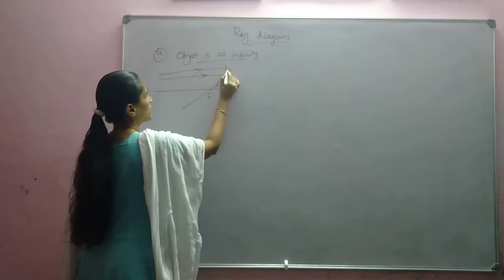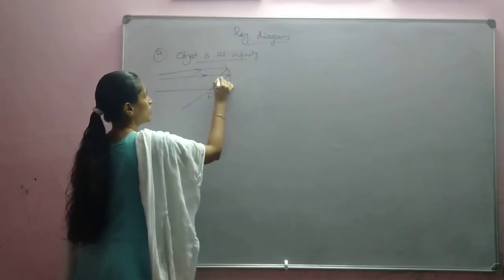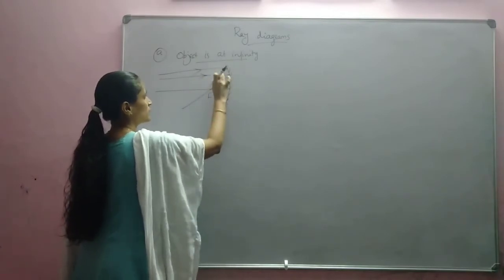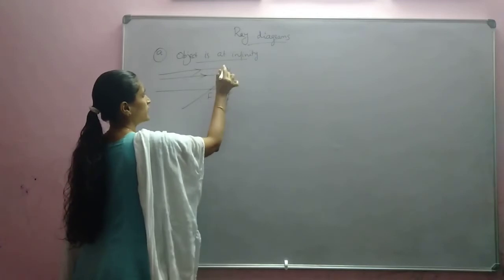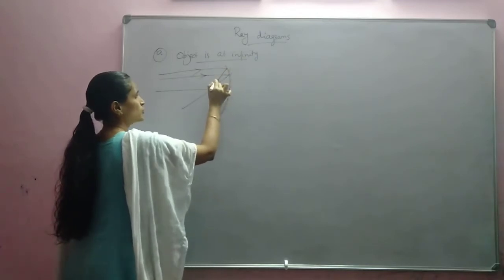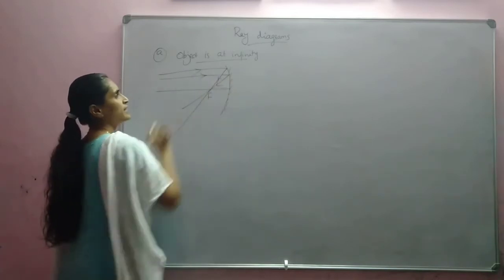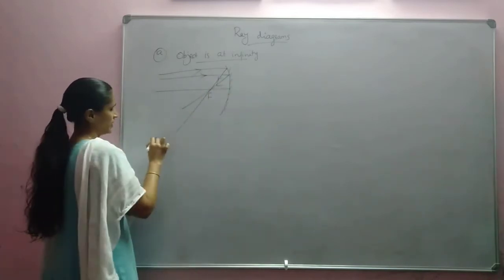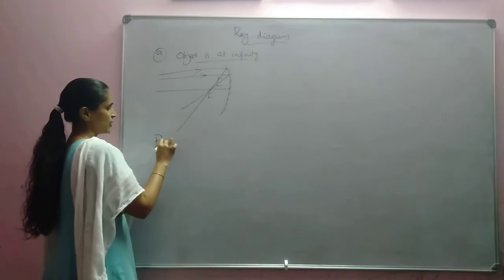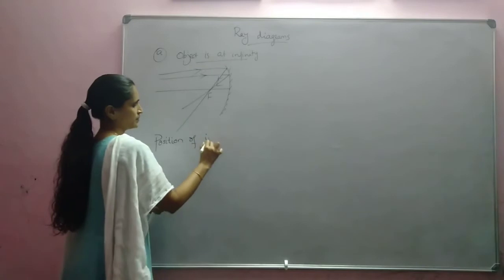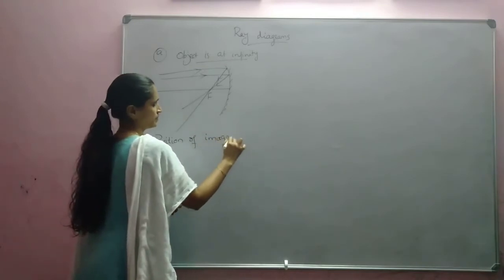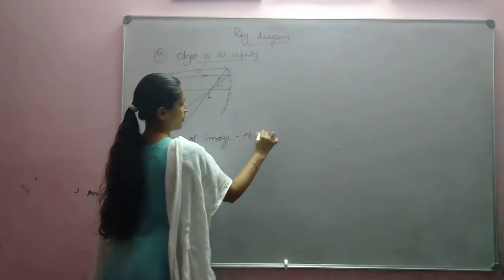So all these parallel rays will meet or will pass through the focus. Okay. All these rays will pass through the focus. So we can say that the image is formed at the focus. We can write the position of the image at focus